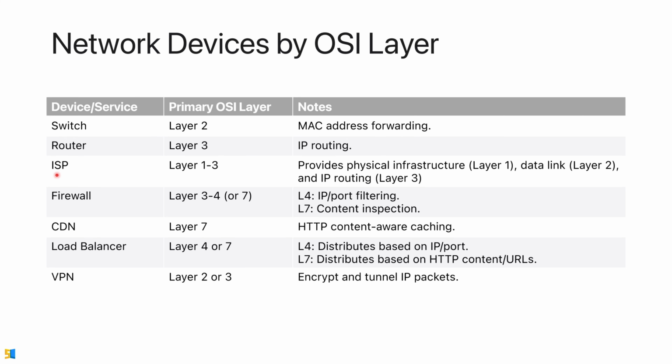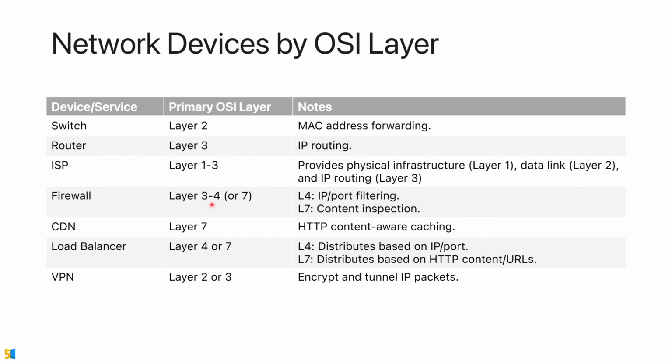ISP, they can route our request, right? So usually an ISP is a layer 3 service. Firewall, right? It uses IP and port filtering. So it will be a layer 3 or 4